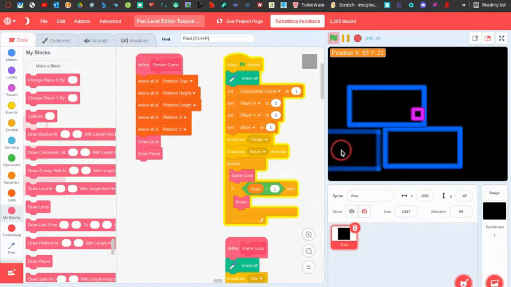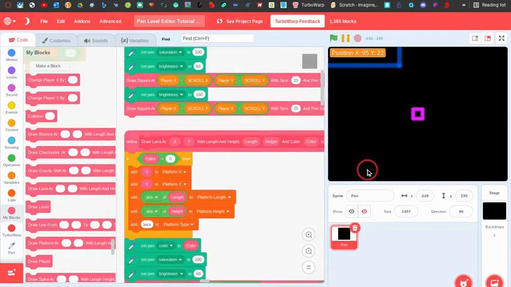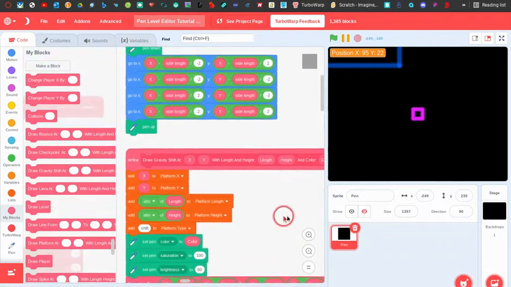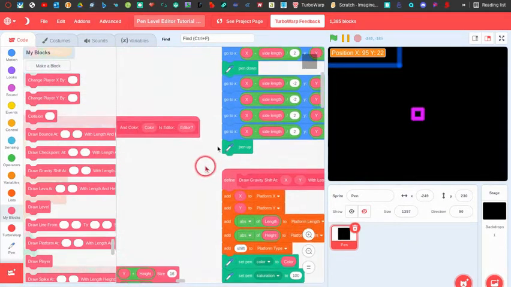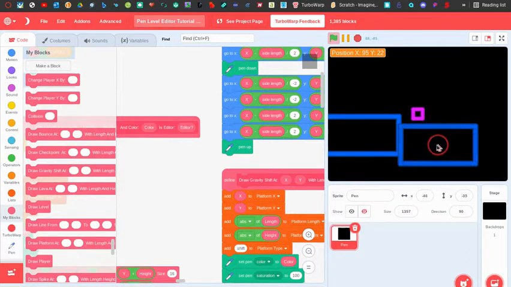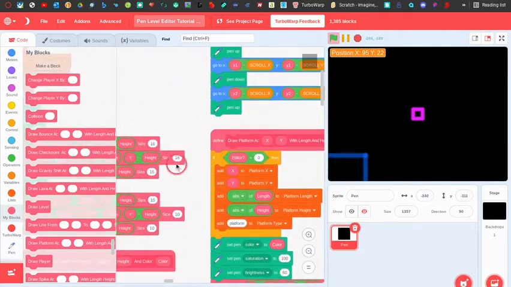Okay, but also see, it can sort of touch it though. But I think that's okay. Don't you? Yeah, I think that's good for it. Maybe we should... nah, I think it's good enough. This isn't the best level editor. This is just a basic tutorial. I'm sure you guys can add more stuff to this and make it better. Okay, so